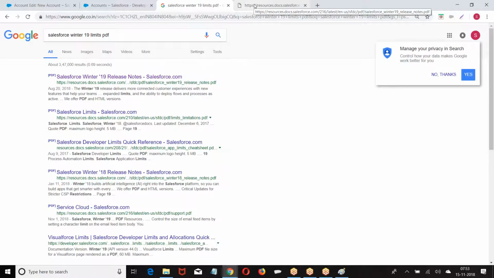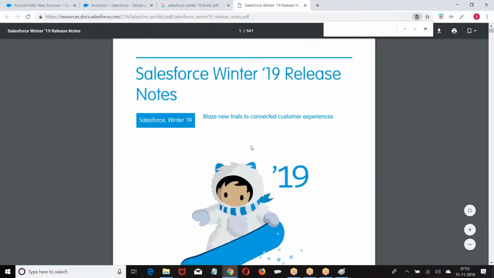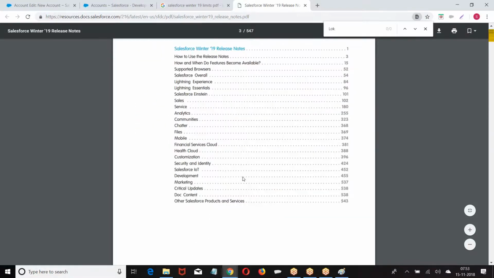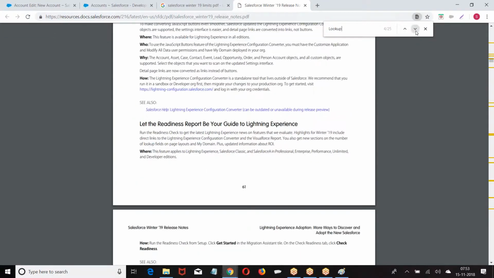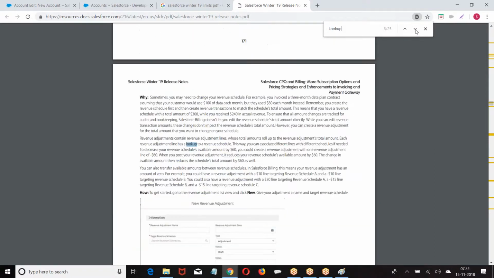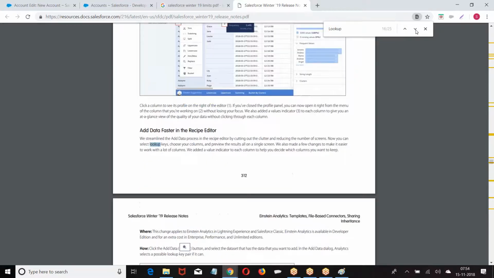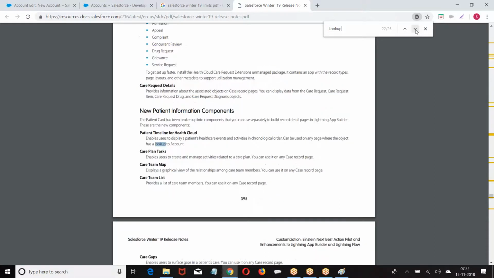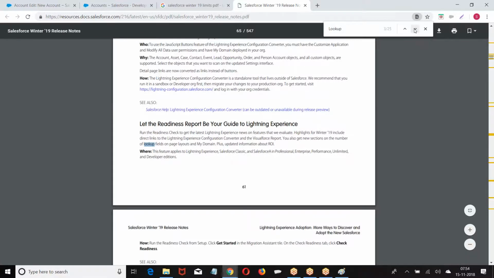How many lookup fields can be created? Just trying to cross check.